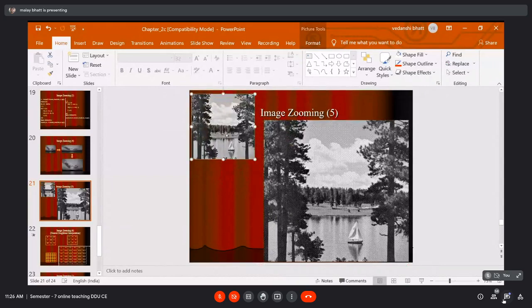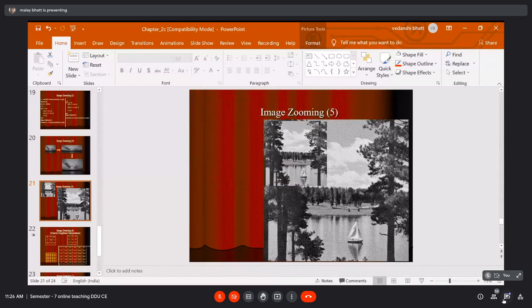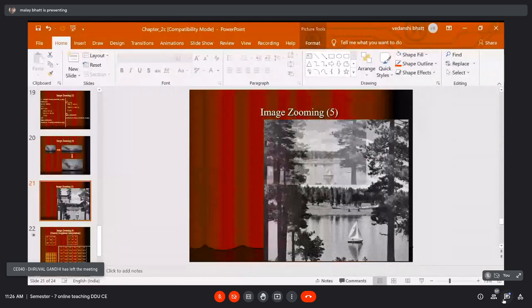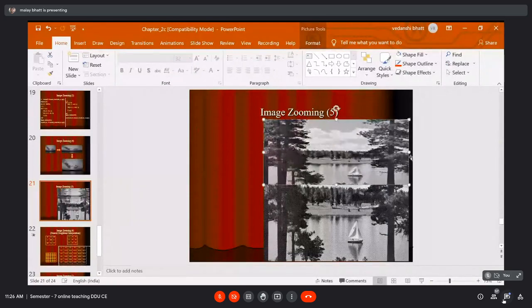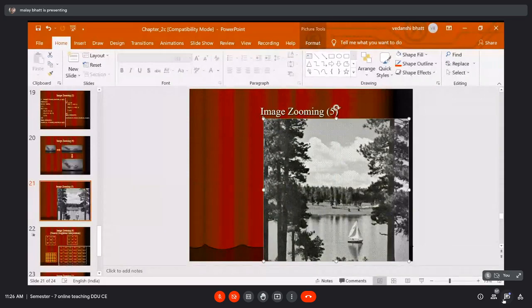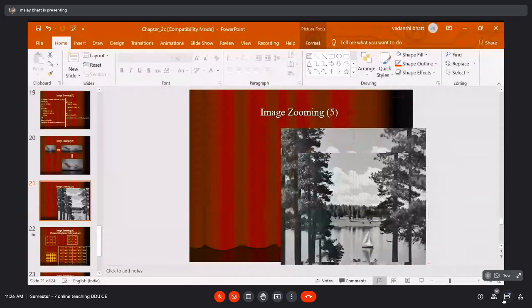Once you double it, it becomes double. So when you double it, it will increase the number of rows and columns, and when you further apply it on the rows, you will get this kind of output image. So I applied this pixel replication on rows and columns.